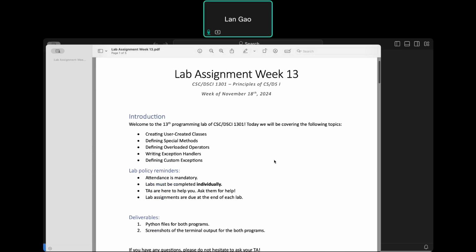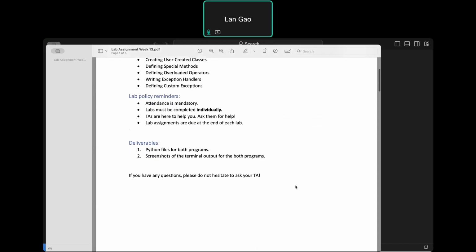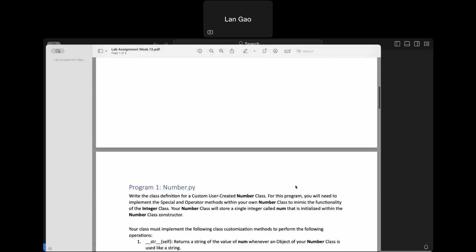Attendance is mandatory, and you must finish by yourself. If you have any questions, you can let me know, okay? Today, you are going to submit 2 Python programs and a screenshot of the results of these 2 programs, okay? So for the first one,